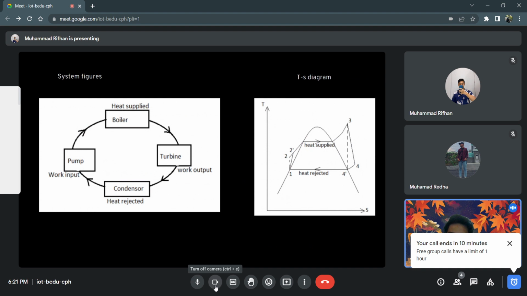And then this is our TS diagram for the reheat Rankine cycle, where as you can see, it starts from 1, goes through 3 and 4, where the heat is supplied and then heat is rejected, where it goes into this cycle. And then for the next slide,